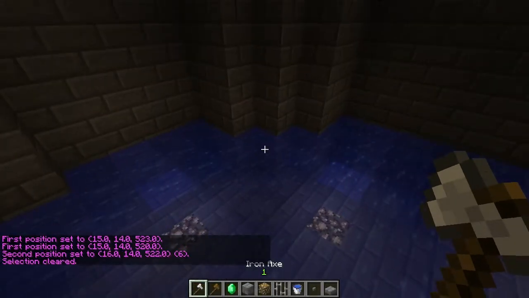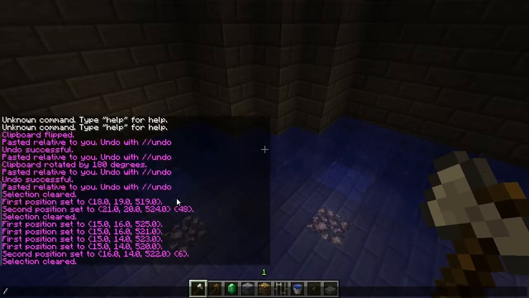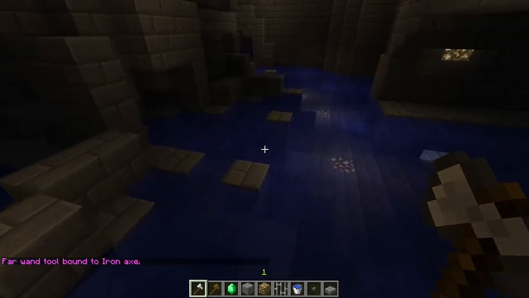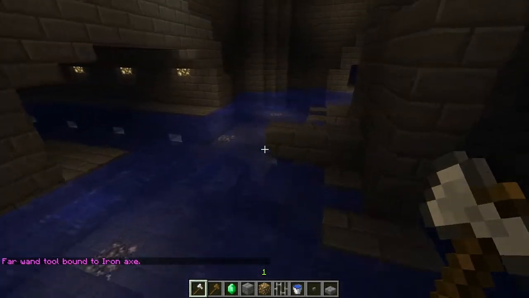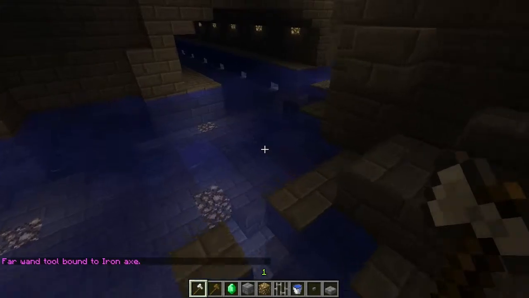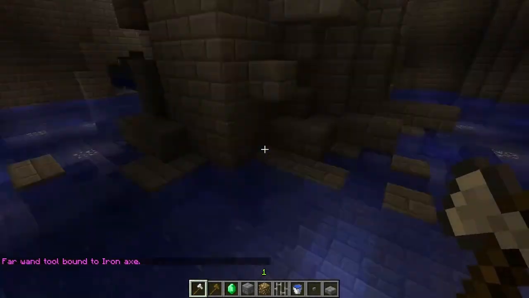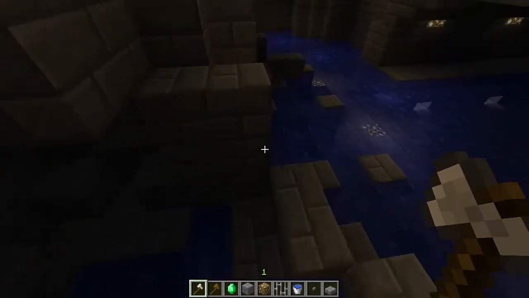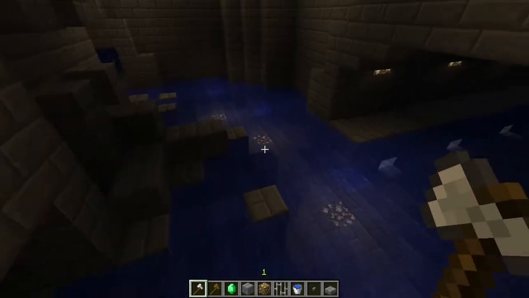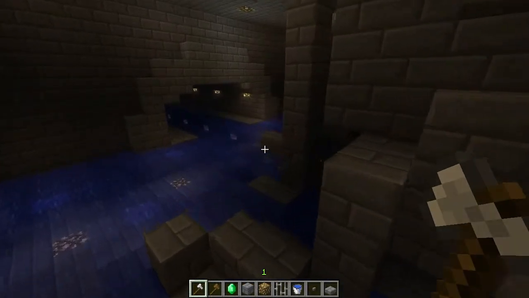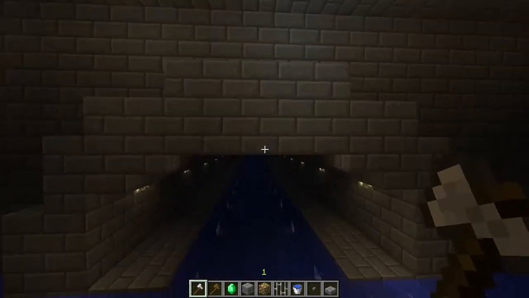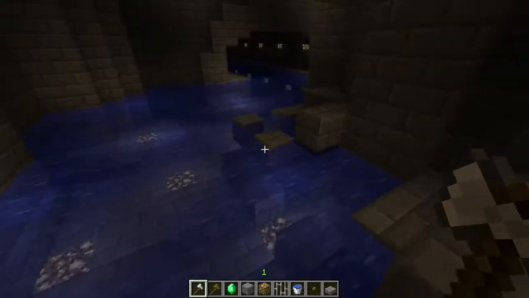This one you obviously have to do either // or /farwand every time that you log on the server, because all of your bindings get deleted. I'm not sure if you can actually save bindings. I have to look that up. It might be in single player commands, I'm not sure. But just to let you guys know that it is extremely useful to use both pickaxes, or axes. Anyway,